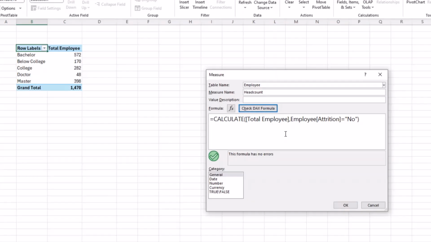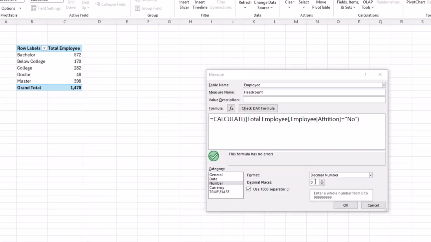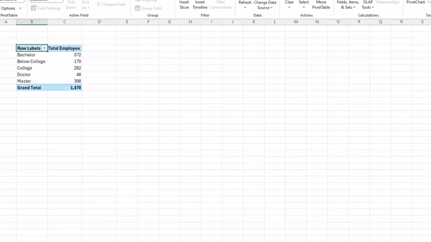So when I click on check now, you will see this thing makes sense because there's no error. So you should always remember to do that. You can click on number format, give it a 1000 separator. So I select 1000 separator. I put a decimal if I want to, but there's definitely no decimal because this is head count, right? That's why you can see that 0 is just here. So when I click OK, this is now my head count.